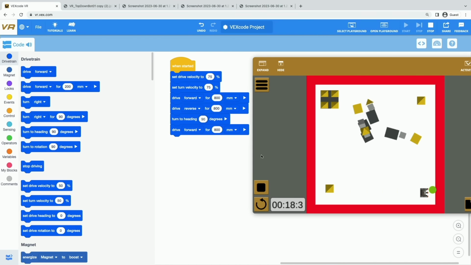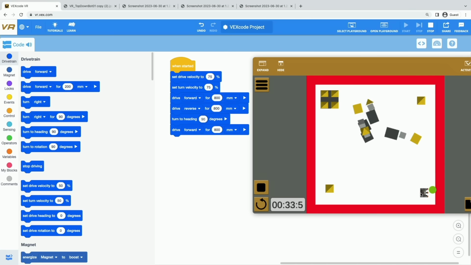Every time we're making a plan like this, we want to think about the order in which we're doing different robot behaviors, and that order is called a sequence. So we want to make sure that our blocks are in the right sequence to enact our behaviors in the order we want them to happen.